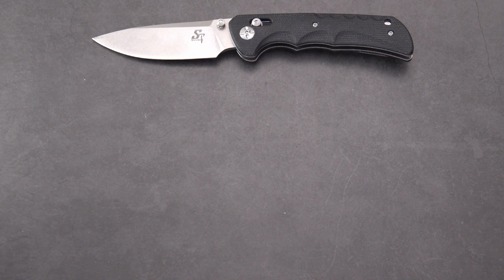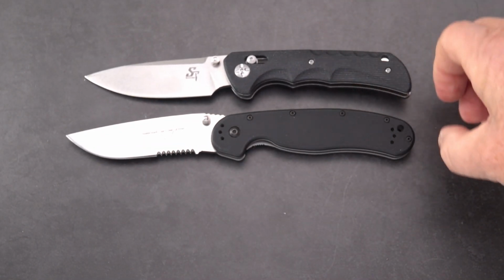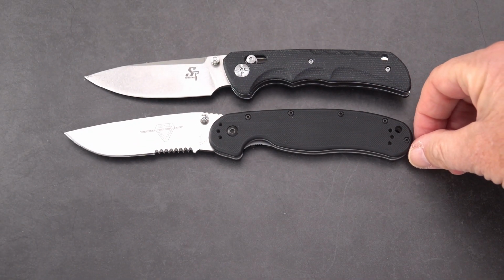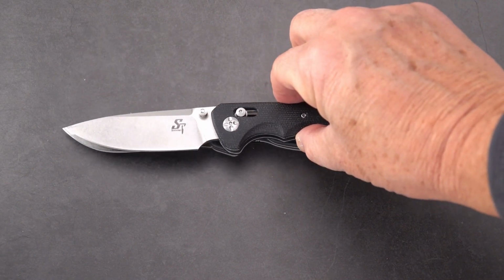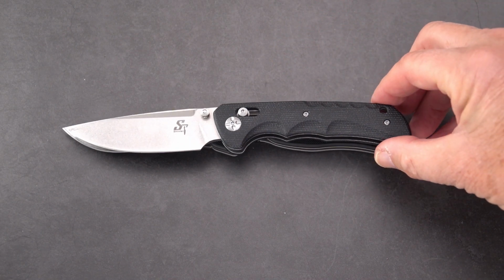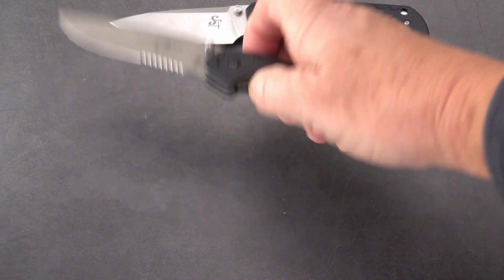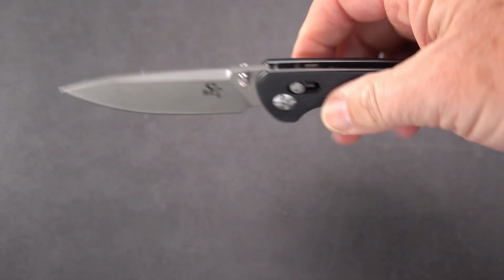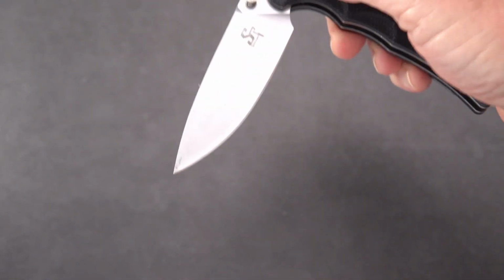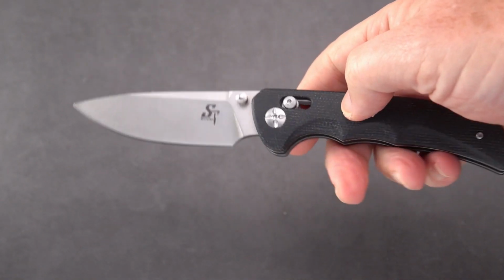How does it stack up against the Rat 1? Rat 1 is longer, for sure. Longer overall, half an inch maybe. But Rat 1 also feels a little bit heavier. This is, you know, at 4+ ounces, not bad. And considering you're getting a 3 3/4 inch blade,